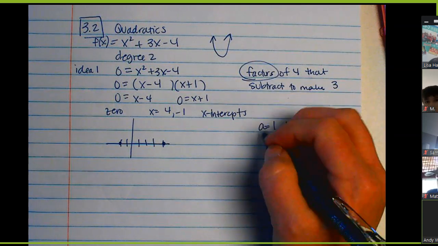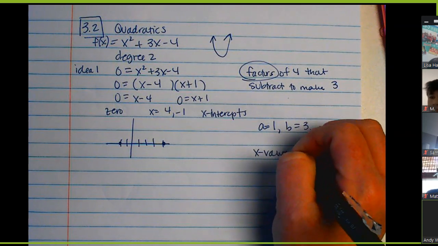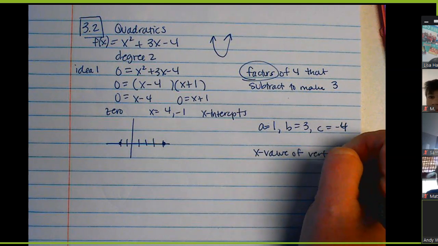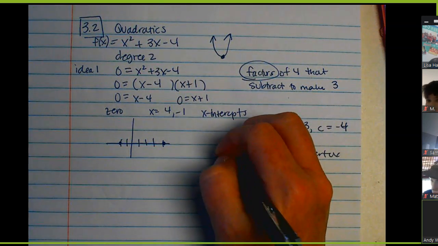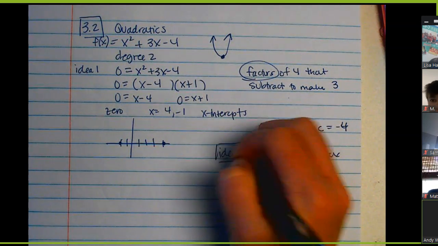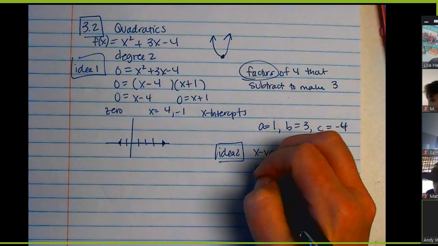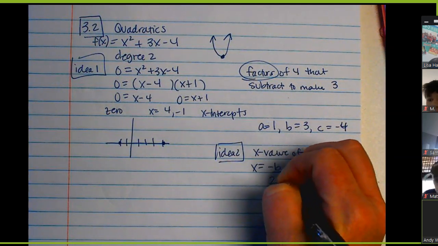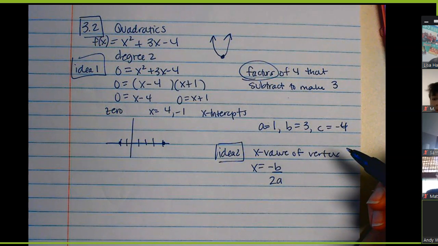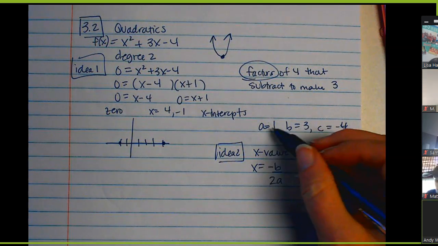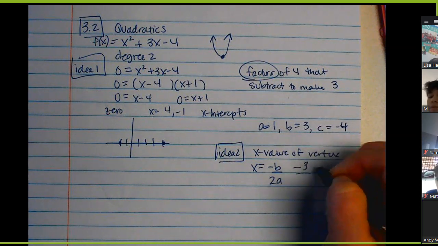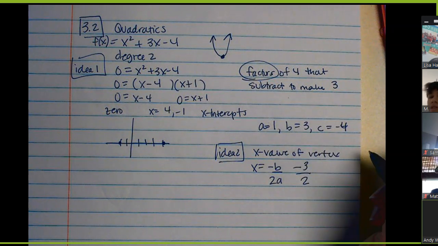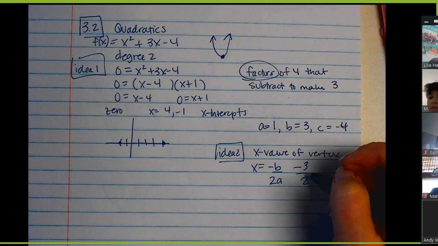We can also find the x value of the vertex. We can find this point. This is idea 2, and it comes from x equals -b over 2a. It's the beginning of the quadratic formula. So in this problem, if I go negative b over 2 times 1, 2, negative b over 2,